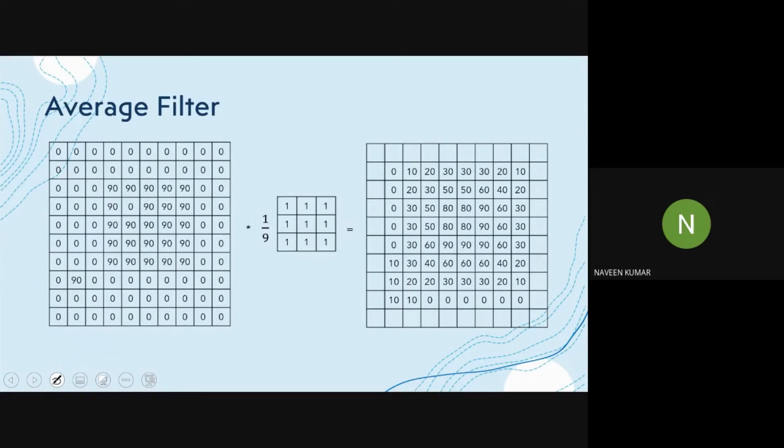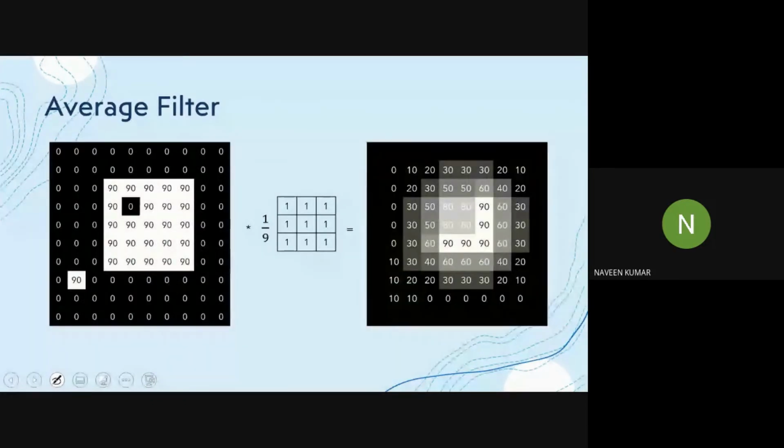If we fill these values with black and white color with changed intensity, we will get this image. Here is our actual image, and this is our image after applying the average filter. We can see that it has removed this 90 from here, and it has averaged out every pixel value.